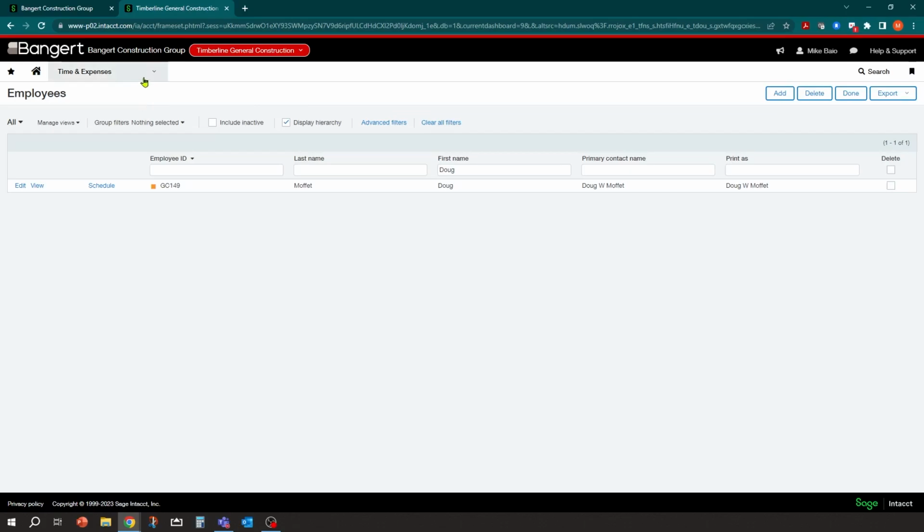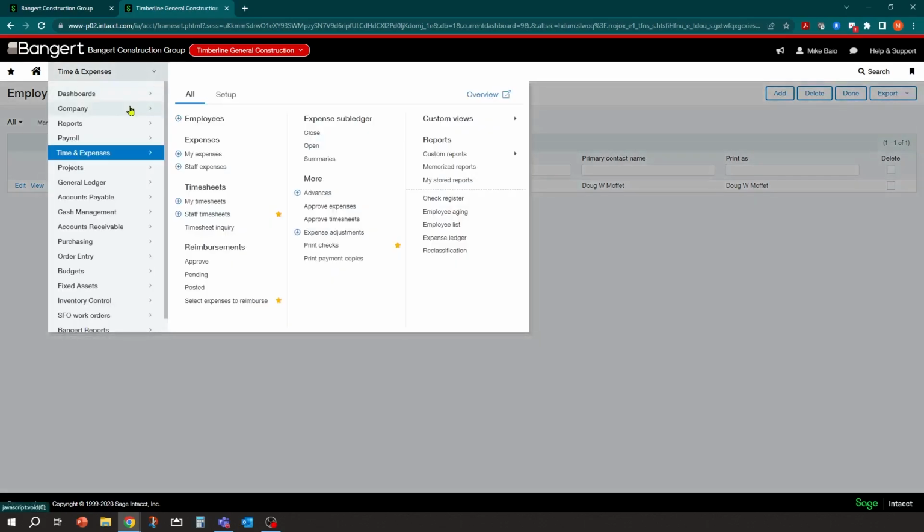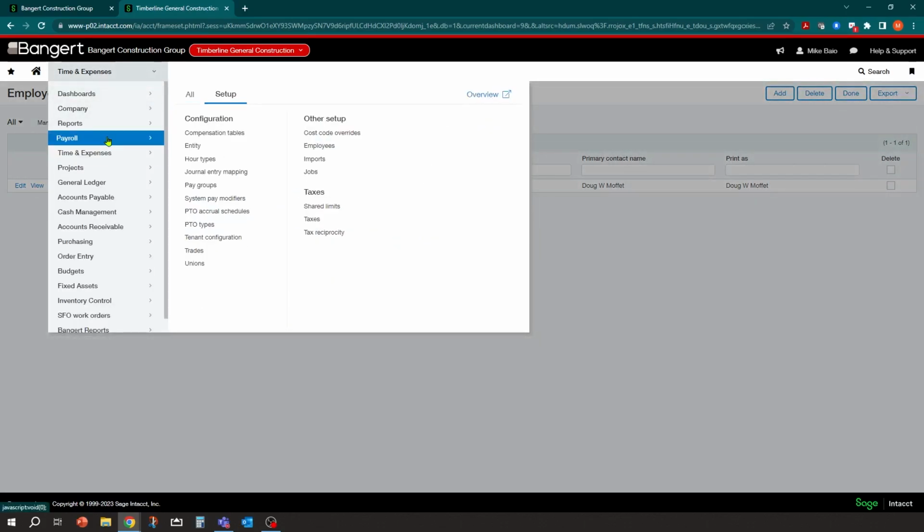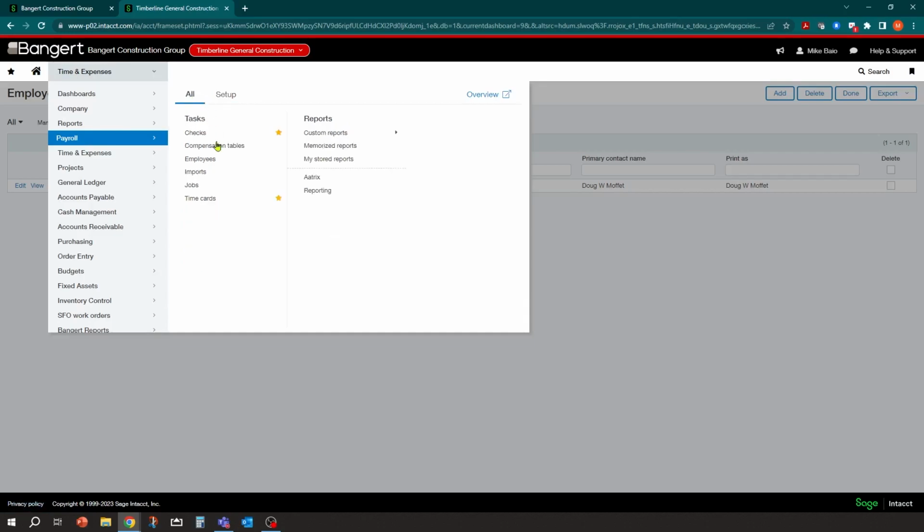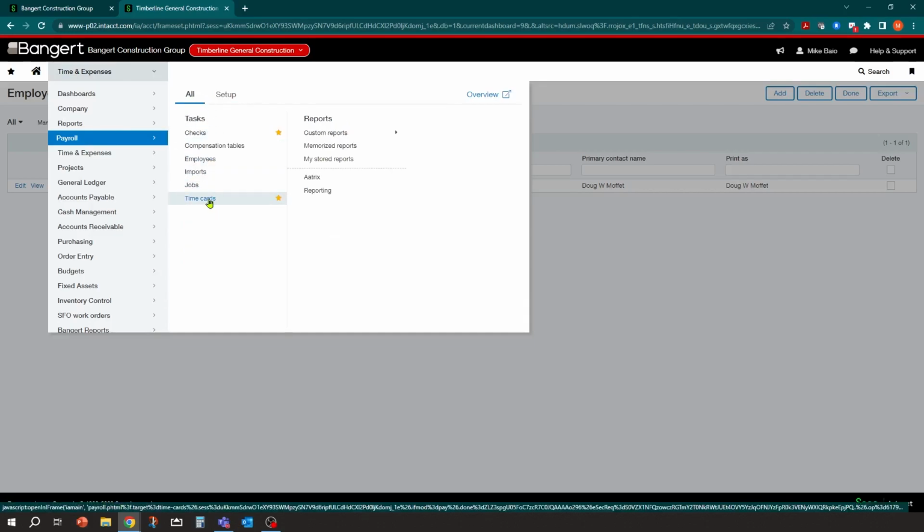Okay. Now that we have those setup items taken care of, we're ready to go through and get our bonus checks entered in the system. So where you're going to do that is under payroll, under all, and under time cards. So again, I'm giving a bonus here for an auto salary employee. So normally I wouldn't have to go into time cards and generate time for them. But for the bonus checks, you're going to want to put the bonus amount in through time cards.